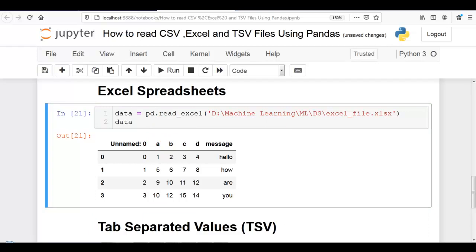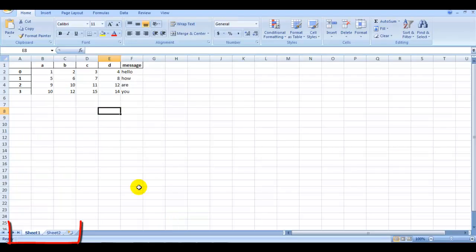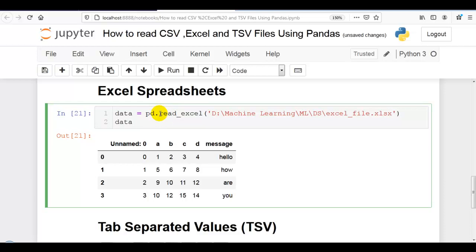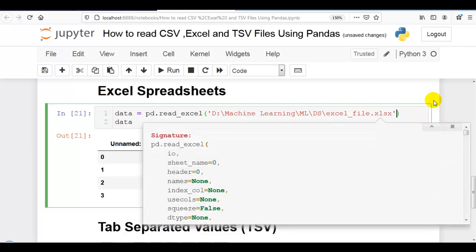But now you can see my Excel file contains two sheets, sheet 1 and sheet 2. In pandas, by default read_excel reads sheet 1 data. But if you want to read sheet 2 data, then by pressing shift tab you can check the different parameters of read_excel.